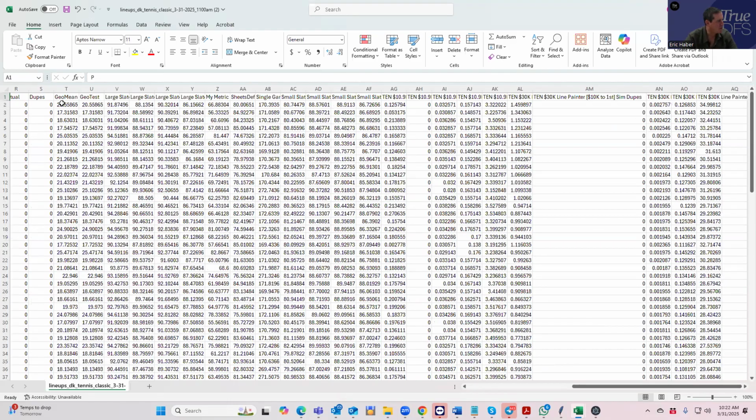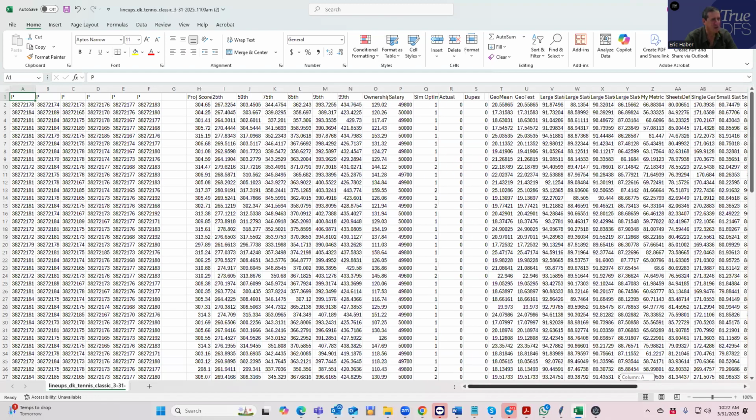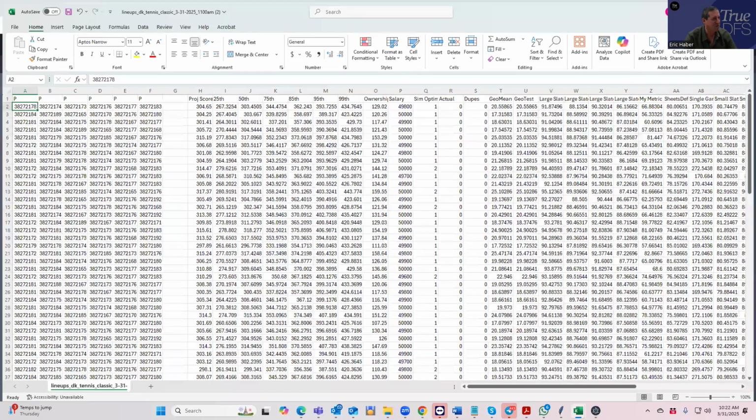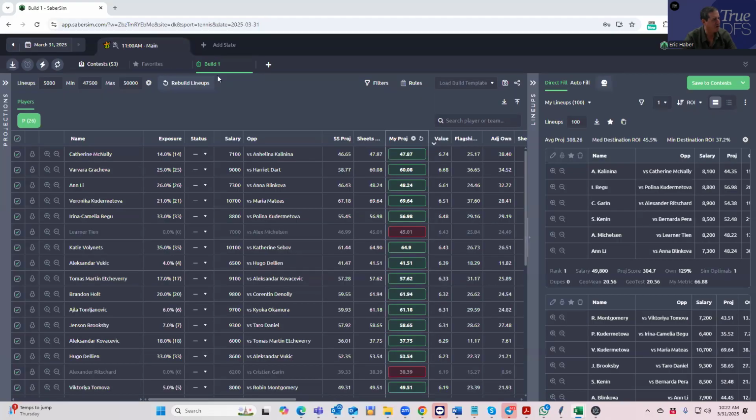What I do find cool is that the geo mean of these are very, very low. So maybe, just maybe, they're doing a very good job of this. But again, it's the same problem. The problem is, boy, is the ownership projection. See, this is what I keep running back to. I was going to use the portfolio manager, but if we're not confident in the ownership projections, then who cares? Yeah, so we're not even going to do that. We're just going to